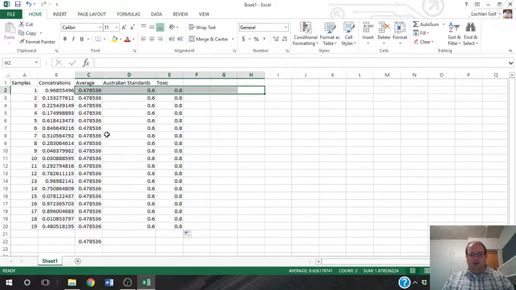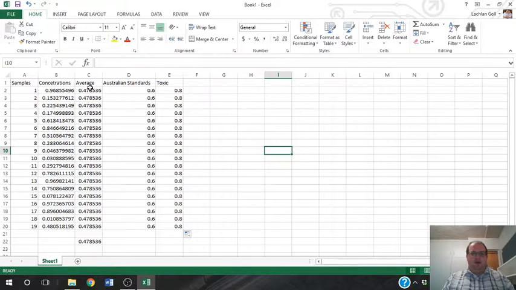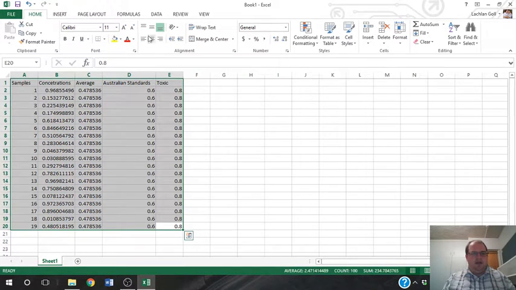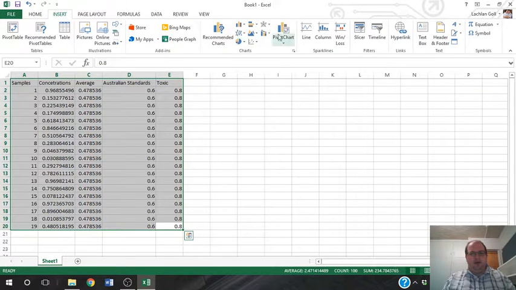The reason we do this is because Excel will actually draw a line going from this point to this point to this point, and so we want this line to go all the way across all our samples. So I can get rid of that now, and now I can turn it into a bar graph. So highlight all of these, insert,